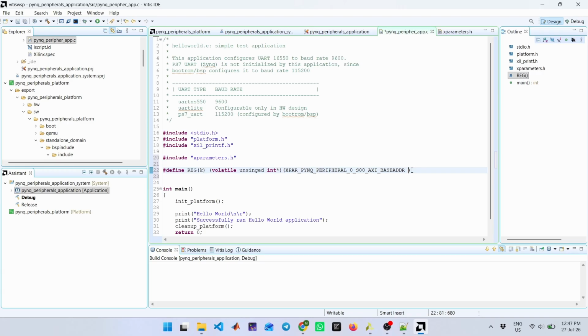So I'll just make it plus 4 times k, because we can access register k just by using this macro. But as you can see, this is still a pointer to this address, and we don't want a pointer, we want a value. So I can just dereference it. And